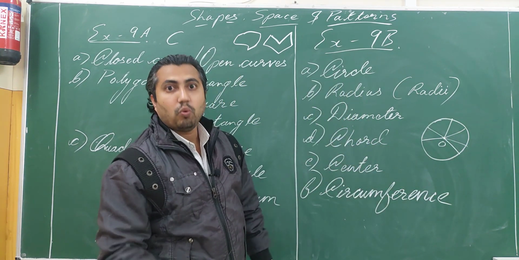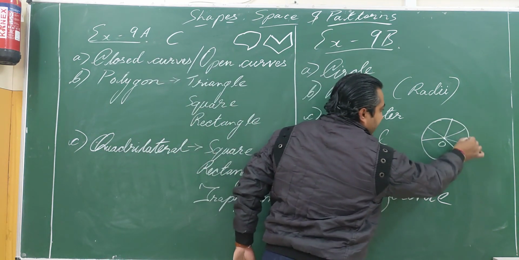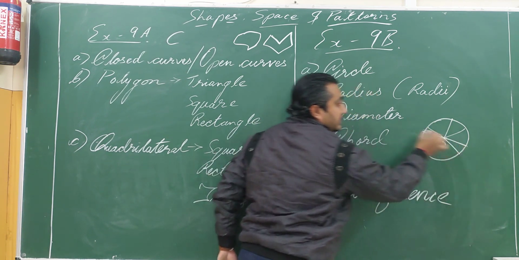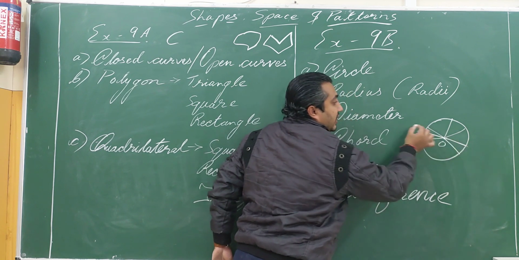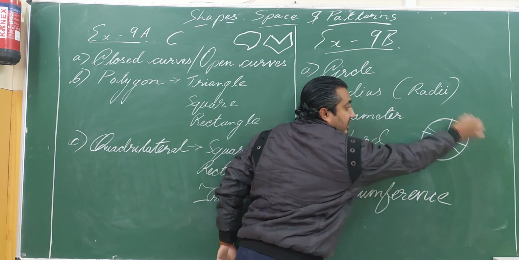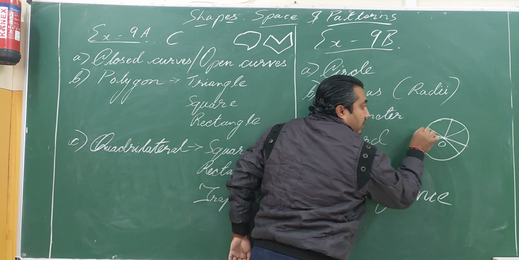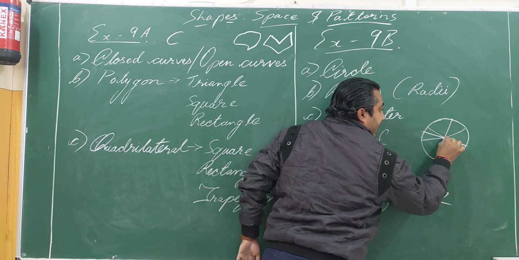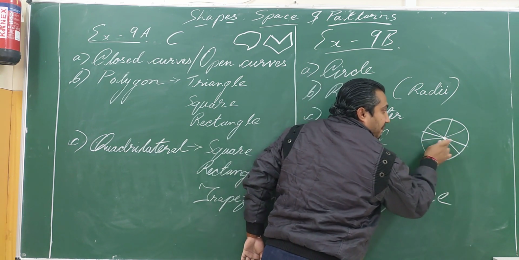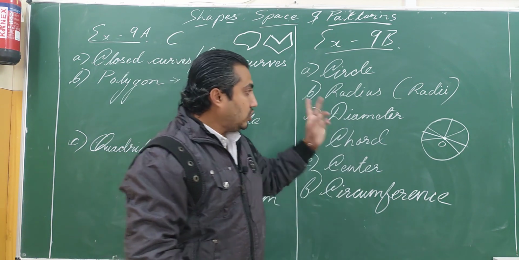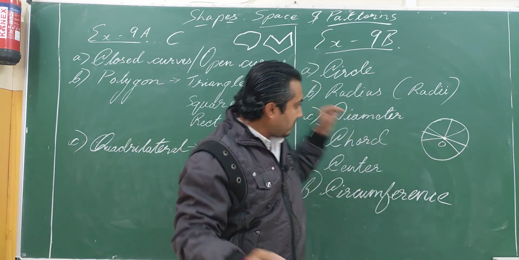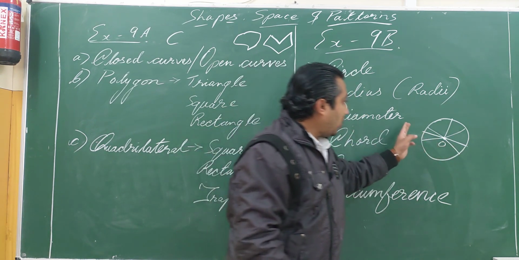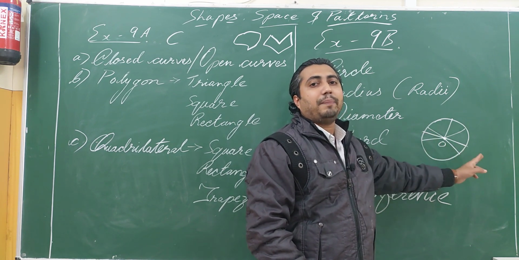Next, diameter. What is a diameter? Diameter is a straight line. For example, this line if I am taking. A straight line segment joining 2 points of a circumference. Circumference का 2 point को join करता है and compulsorily it has to pass through the center. Compulsory है, diameter है तो it has to compulsorily pass through the center. Joining 2 points of the circumference, compulsorily passing through the center, straight line segment. All these things इकट्ठा होगा तो we will get the diameter.